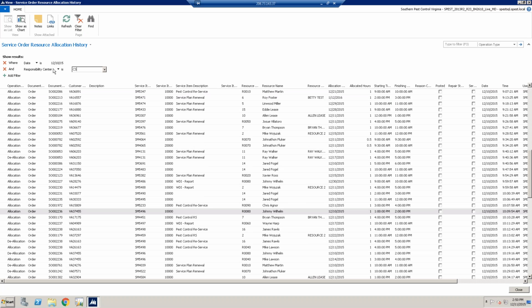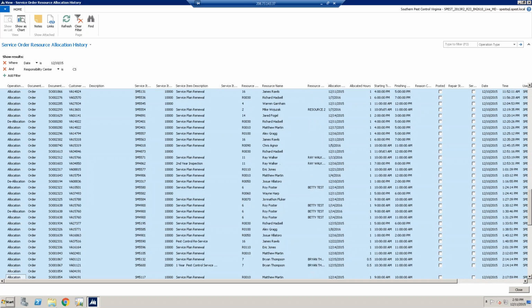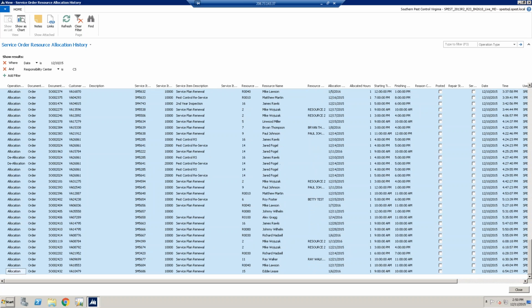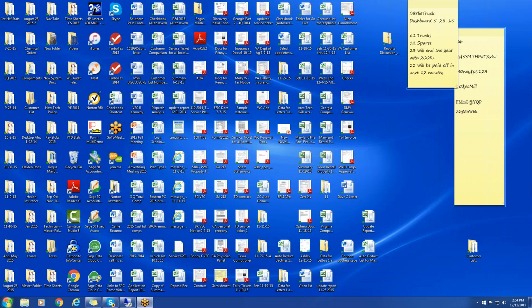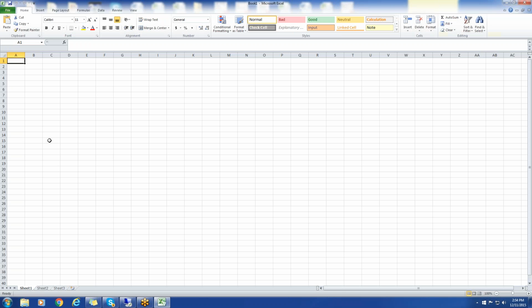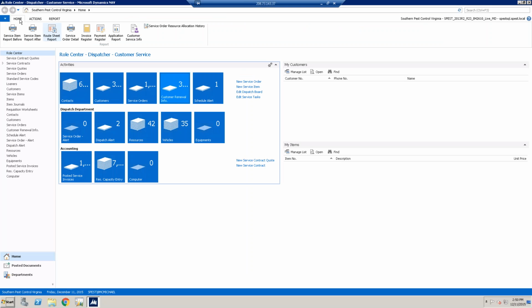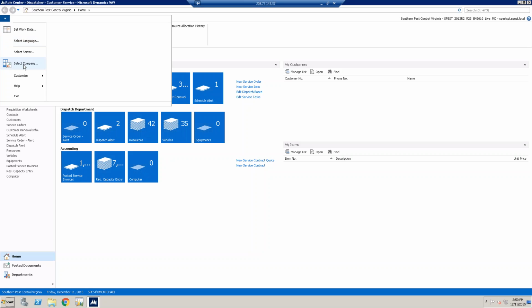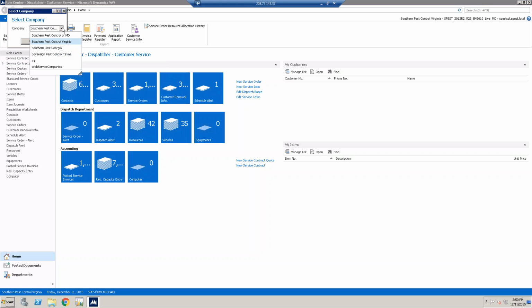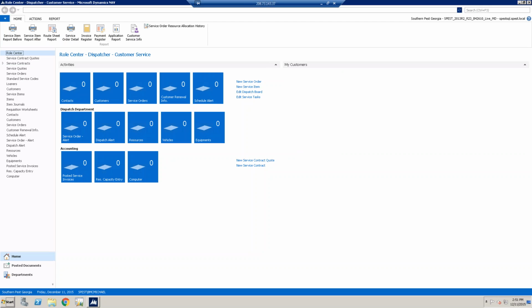Okay, so after I do this, I am going to highlight all of the appointments here and simply click Copy Rows. Then I'm going to open an Excel file on my desktop and simply paste into the spreadsheet. Then I'm going to go and get the data for an additional company. I'll get it for Georgia. So I'm going into the Georgia company,